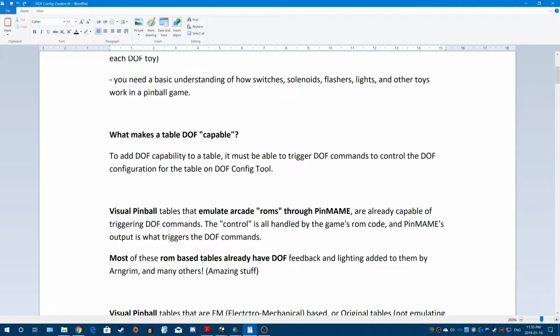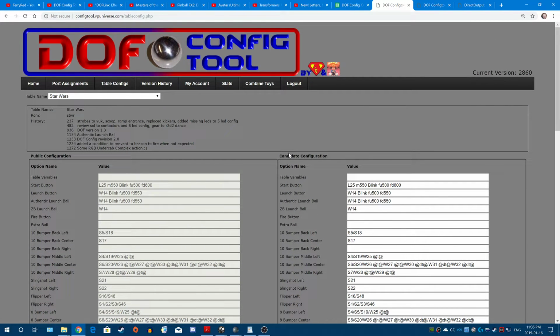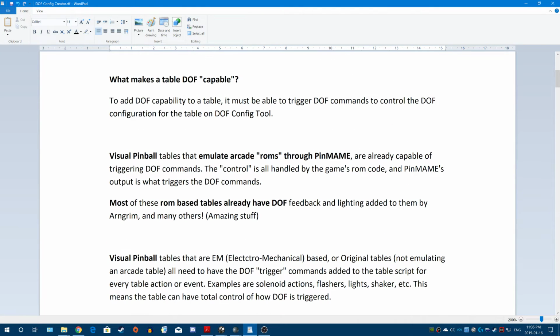So what makes a table DOF capable? Well, it has to be able to trigger DOF commands. So we need the table to communicate with DOF to tell DOF, hey, I want this specific toy to do this specific command. So in the case of Visual Pinball, anything that is